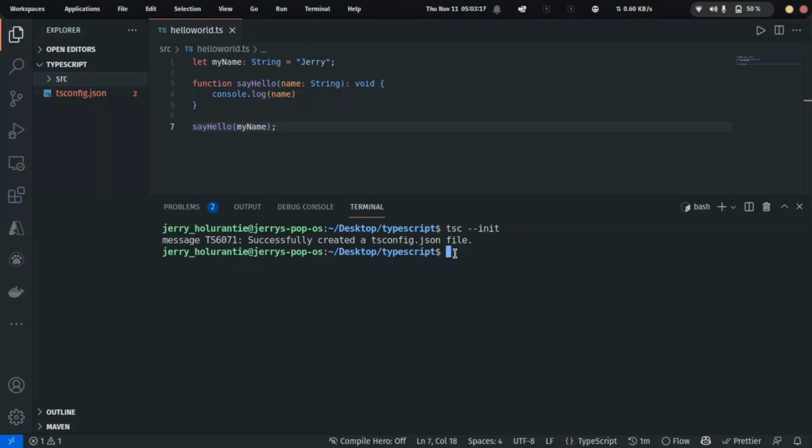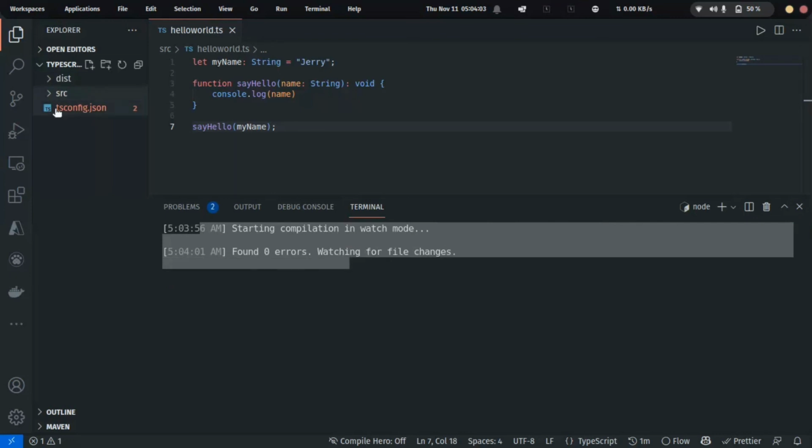To do that again, we can run tsc, and now we don't have to care about the folder that contains our TypeScript file, because we've already specified that in our config file. So we are going to do tsc, then a /, then w. Sorry, I said /, that should be a hyphen, not a /. So tsc -w tells the TypeScript compiler to actively watch this file, so whenever we make changes, it automatically applies those changes. So yeah, if I do this,